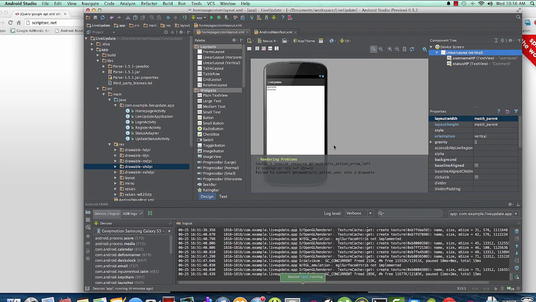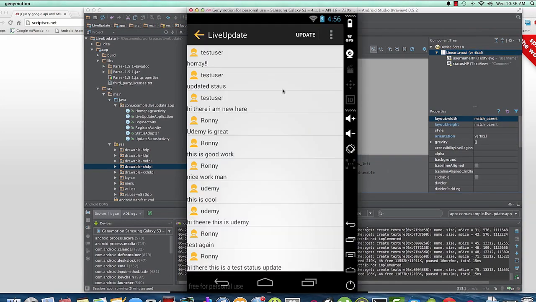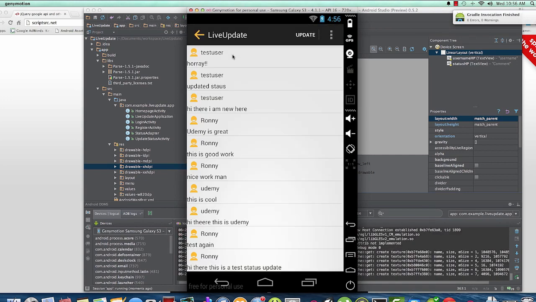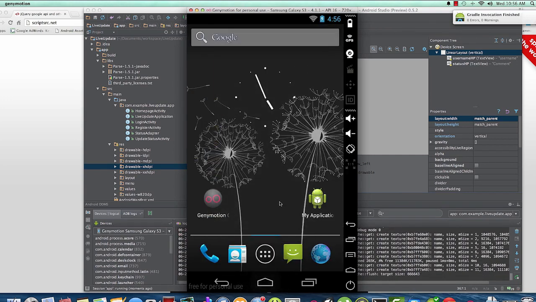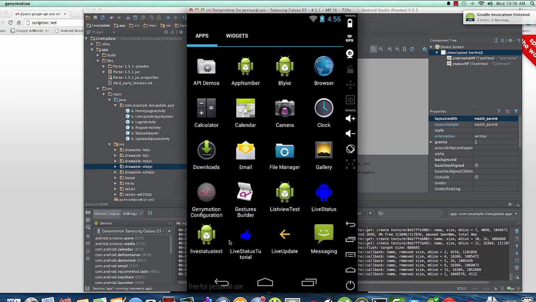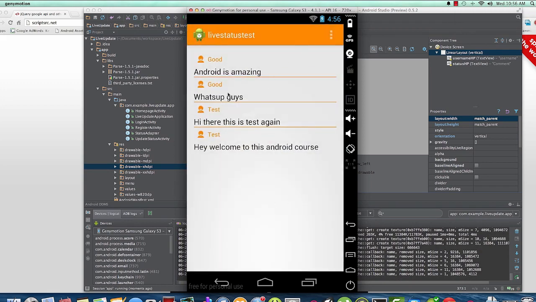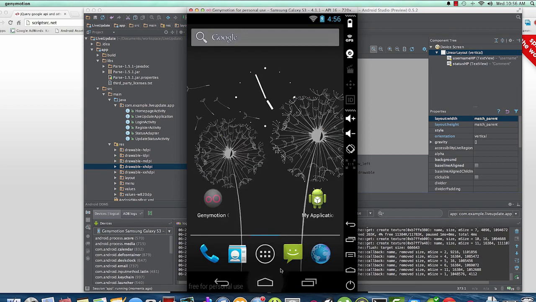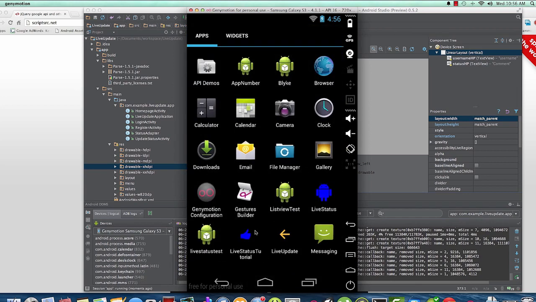Now, in the previous video, we looked at how our app is going to look. It still doesn't look up to standards as far as the action bar is concerned. So we want our action bar to look like this, orange, and our colors like that. To do this, we're going to need